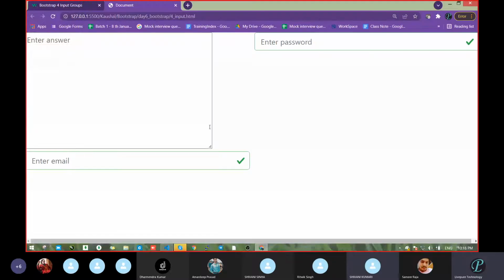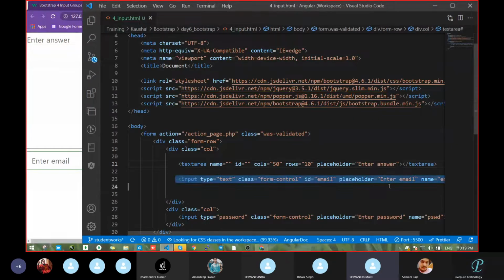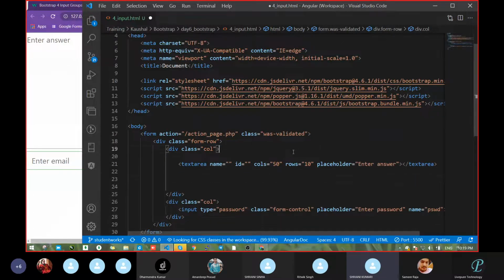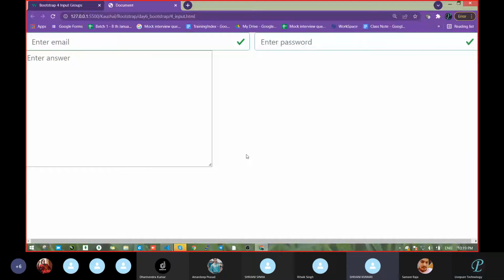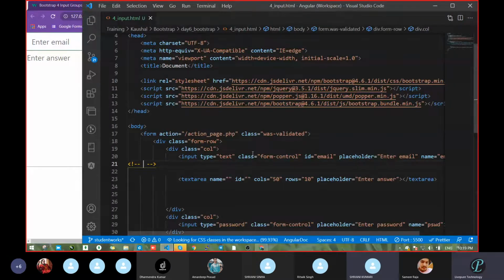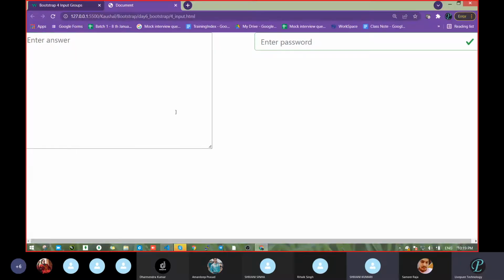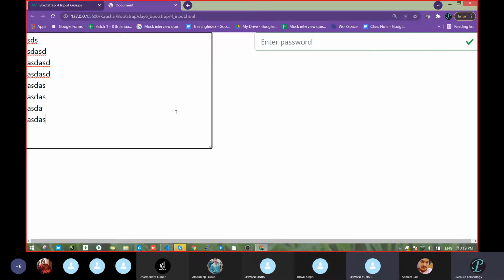Now see, this much section came. Let's comment this completely. Now we want to enter answers, which means more space is required, so at that time we will take this text area.